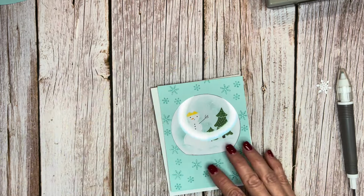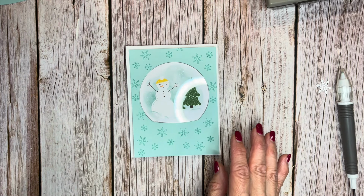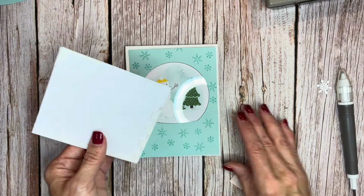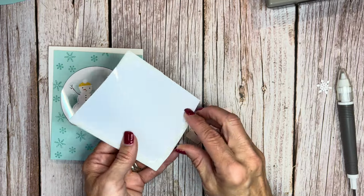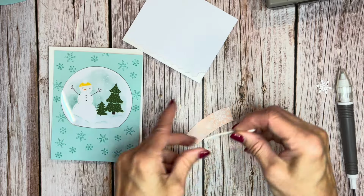Because the next thing we're going to do is put our, and notice here that you see that acetate on there. I'm going to put the little pedestal in there, and this is where it comes in handy using all of these edges of my dimensionals. I'm just going to,